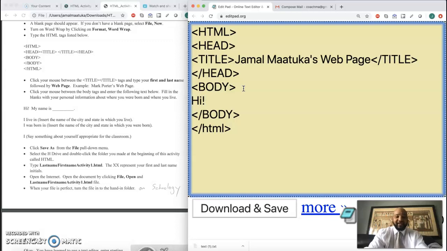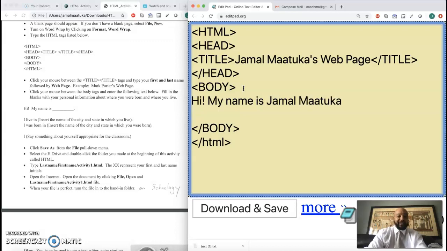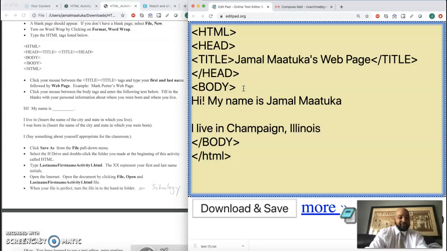Hi, exclamation point. My name is Jamal Matuka. That's what the blank is for. It's to put in your name. Enter. And then they want us to insert a blank line. I live in, it says insert the name of the city, Champaign, and state, Illinois, period. Okay, simple enough. And it says I was born in